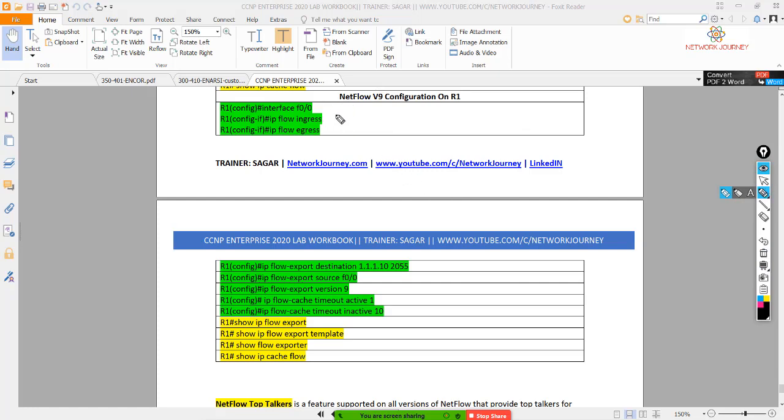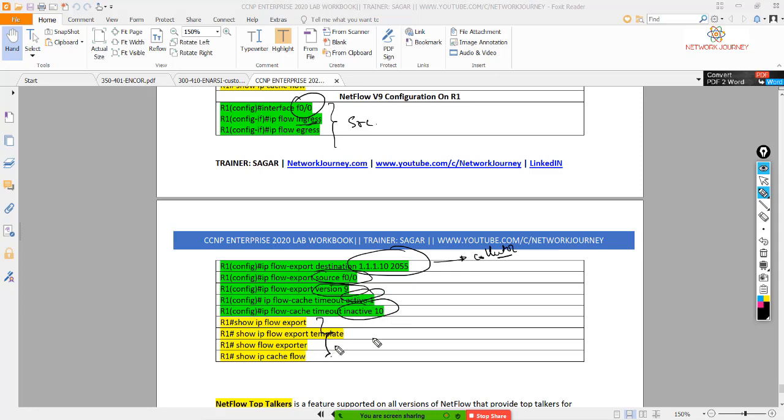The configuration, once again, is interface-based, so you have to set your source on your source interface, which is your ingress traffic. You have your destination set, which is acting as your collector. You will set your source interface, you have your version 9, you have your active and inactive timeouts,